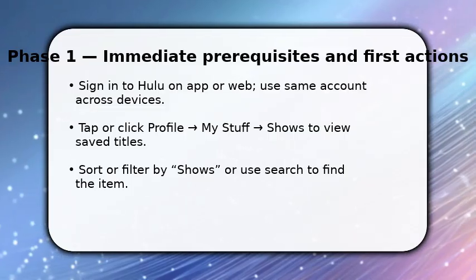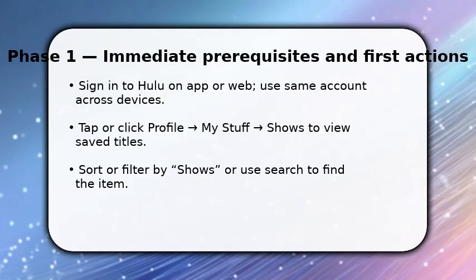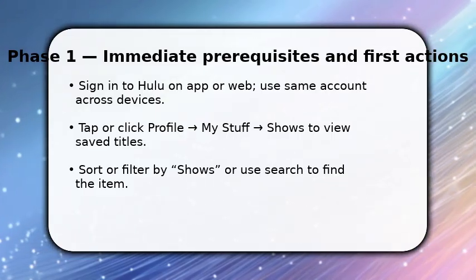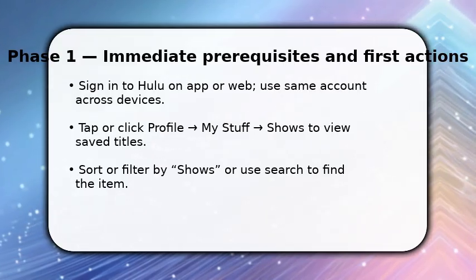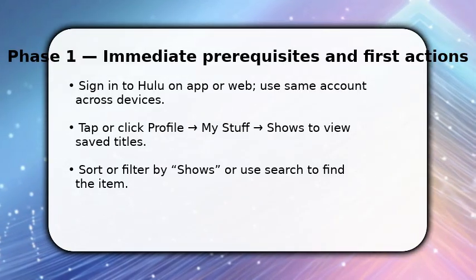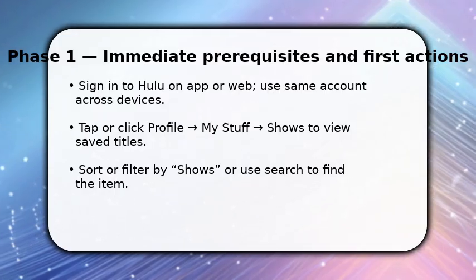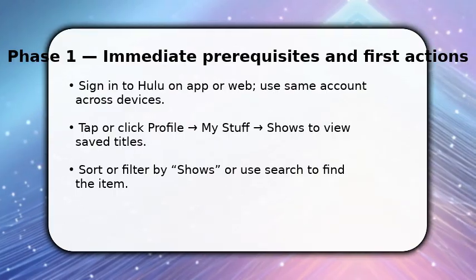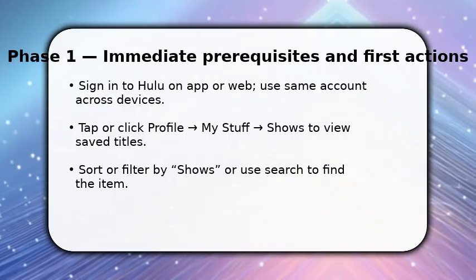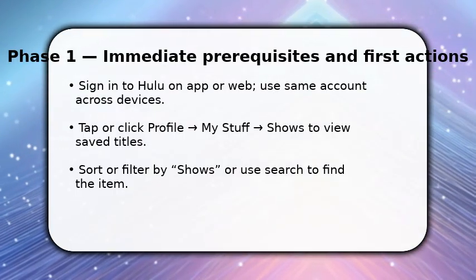You're signed in. Now go straight to My Stuff on the Hulu app or website because that's where saved shows live. Once in My Stuff, tap Profiles, then select Shows so you only see series. Use the search box to jump to the title you want or apply the show's filter to narrow results quickly. This keeps you from removing the wrong item and makes the next steps faster because you're already focused on the